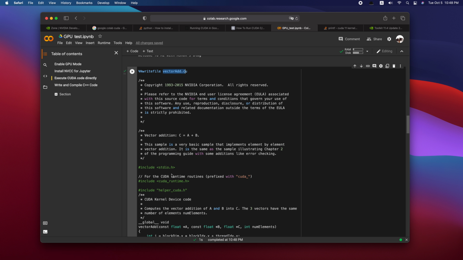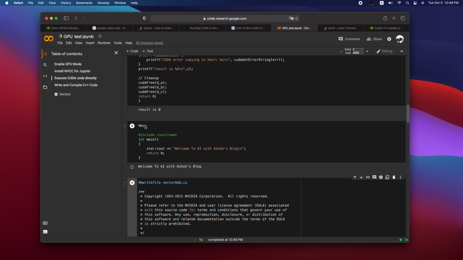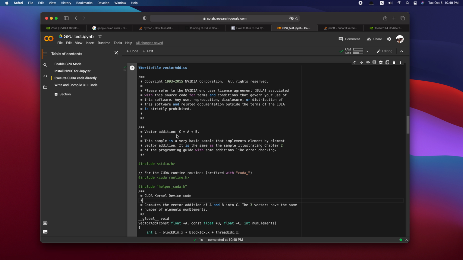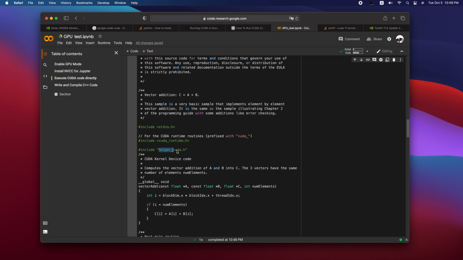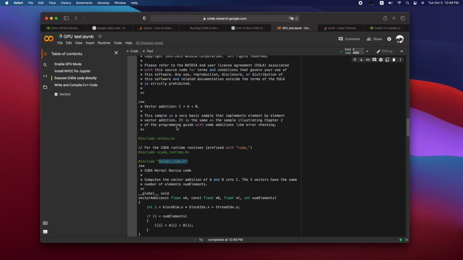Since it has some header file requirements, I cannot use %%cu directly, so I use writefile to write it to a local file, and I also put helper_cuda.h into the Google Colab.